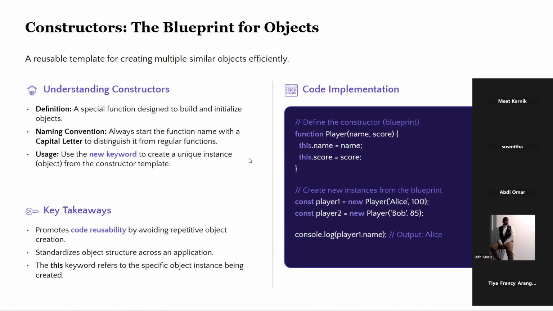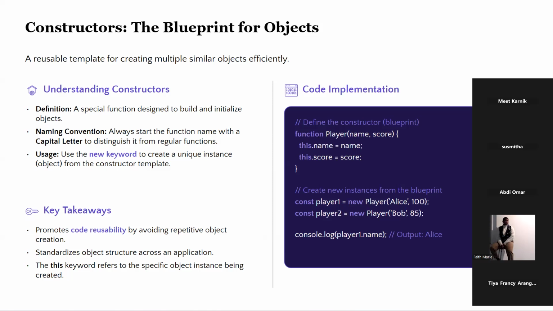The naming convention for such constructors is to always start the function name with a capital letter so that it is distinguished from regular functions, and always use the new keyword to create a unique instance. In this case, the instance would be an object from the constructor template. You'll usually notice that constructor names start with a capital letter, like Player, to distinguish them from regular functions. So in this example right here, Player is just a blueprint to create as many player